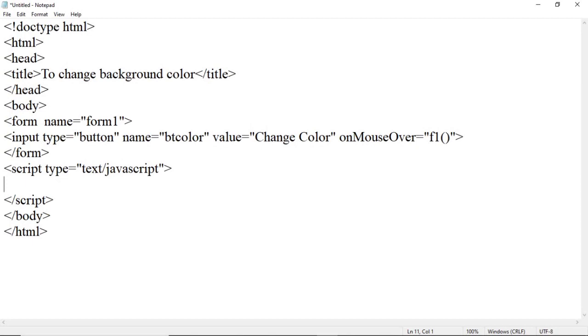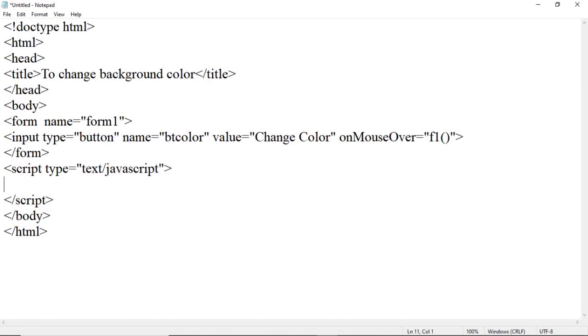Suppose we want the layout in this way that whenever the user mouses over this button, different background colors should get changed on the page. That is, different colors have to be set for the background.